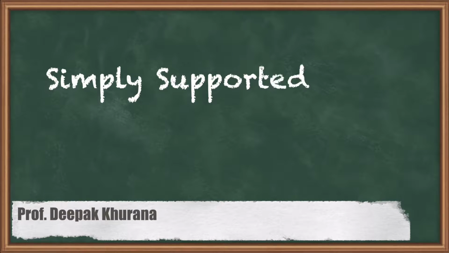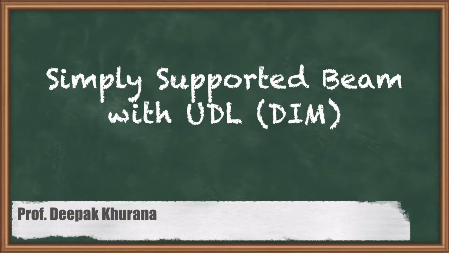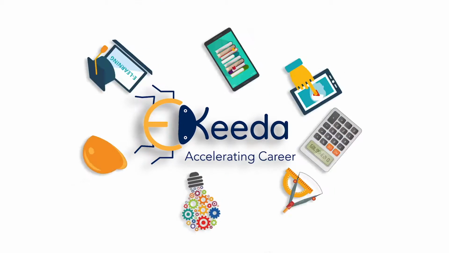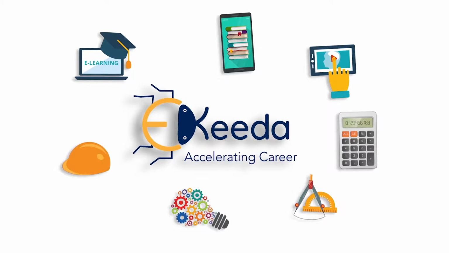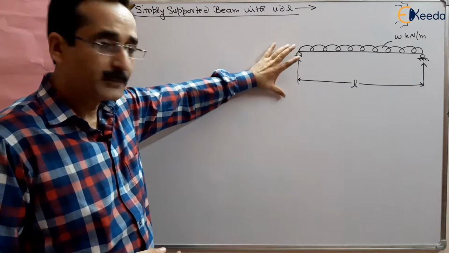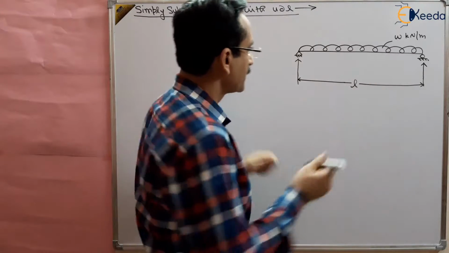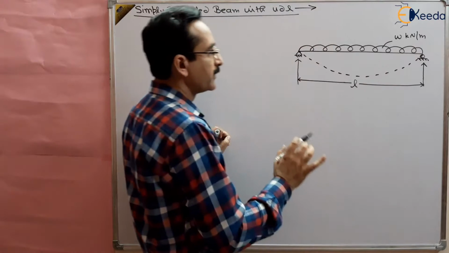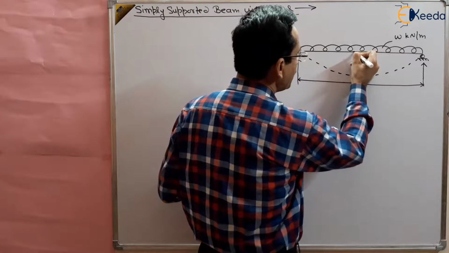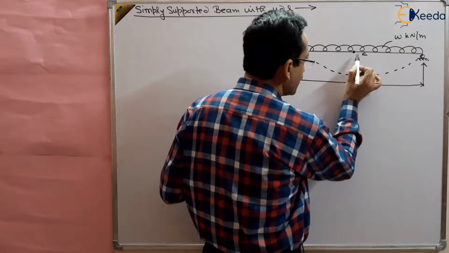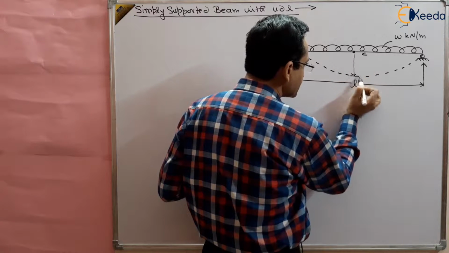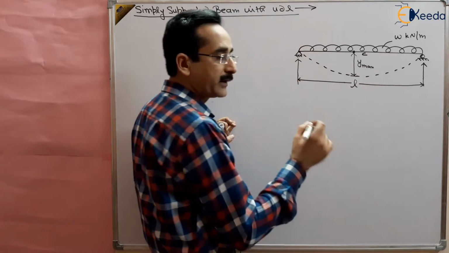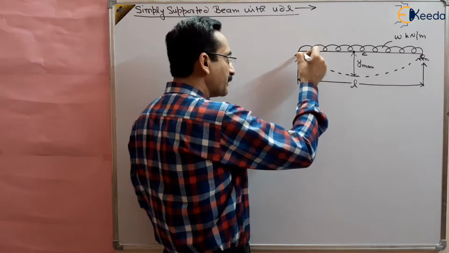Hello students, in this session we are going to study the simply supported beam with UDL. Our aim is to find out the deflection and slope, and the final aim will be to find out the maximum deflection. And as you know, for UDL the maximum deflection will be at the center. At this point, that will be the maximum deflection, and you know that for a simply supported beam the maximum slope